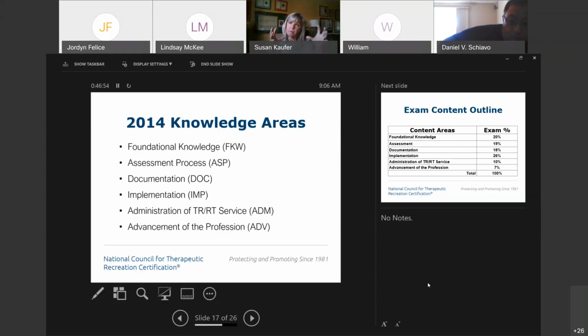So again, we talk about those tasks and what knowledge we need to perform those tasks that we perform every day. I'm not going to go into depth regarding what each and every one of these knowledge areas means. I think they are pretty explanatory, but by looking at the job analysis document, you can go into those knowledge areas in more breadth and depth.